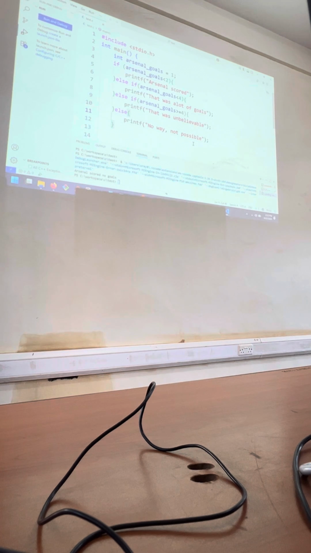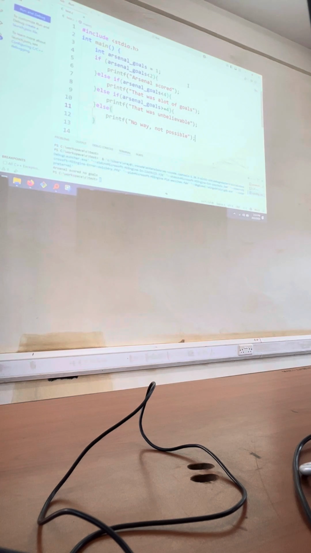Let's take a situation whereby Arsenal goals are 1. What is going to be printed? If Arsenal has 1 goal, what's going to be printed? Okay. What if we have 6 goals?